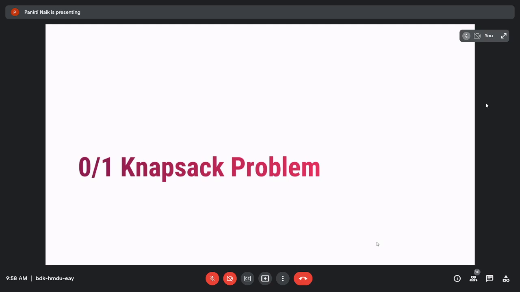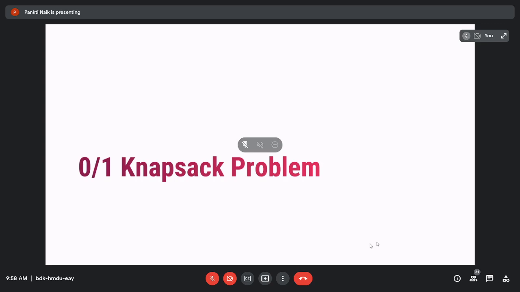Now, as we know, dynamic programming is a technique for solving problems with overlapping subproblems. It means you do not re-solve the subproblems which you already solved in previous steps. Just store the result of all the subproblems in a table, and then you can use that solution for future use.